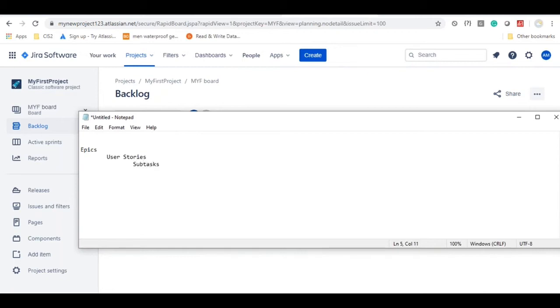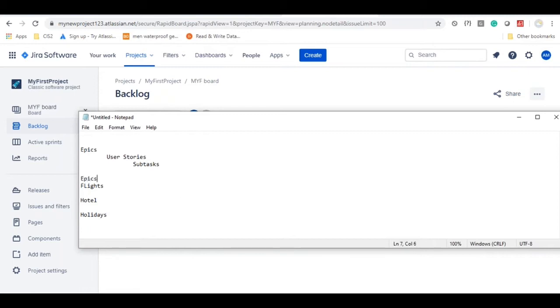Right? So what does an epic mean? An epic is nothing but a module. For example, take a flight reservation application. In a flight reservation application, what are the different modules you see there? You will have a flight module for flight booking. To book hotels, you will have a hotels module, and you will have a holidays module. So in this model, these modules will be called epics. Under each epic, you will have a lot of requirements. Those requirements we are going to call here user stories.